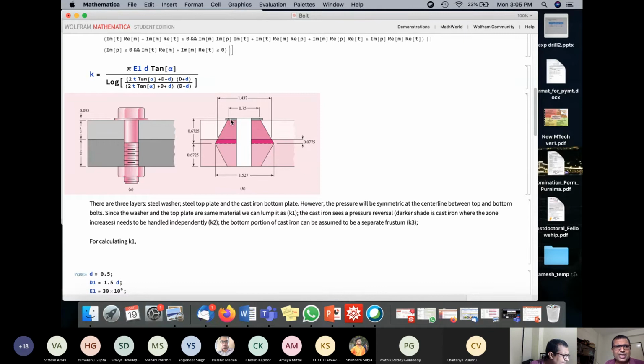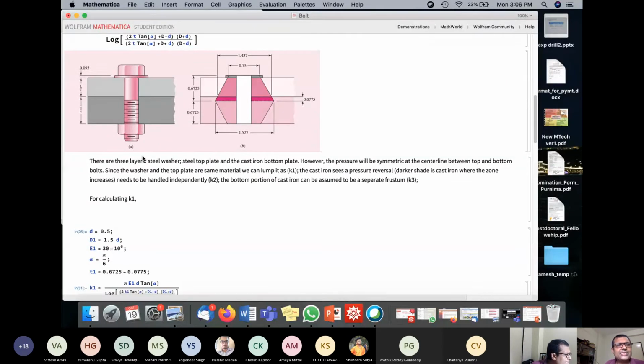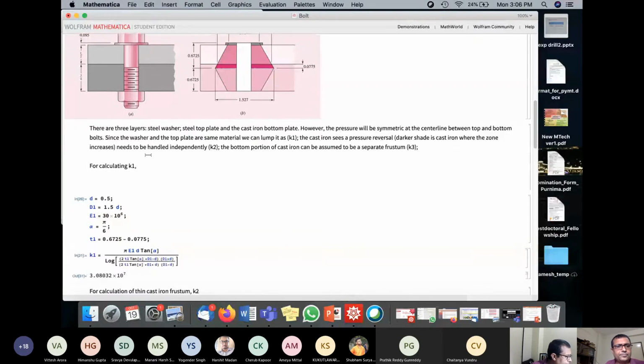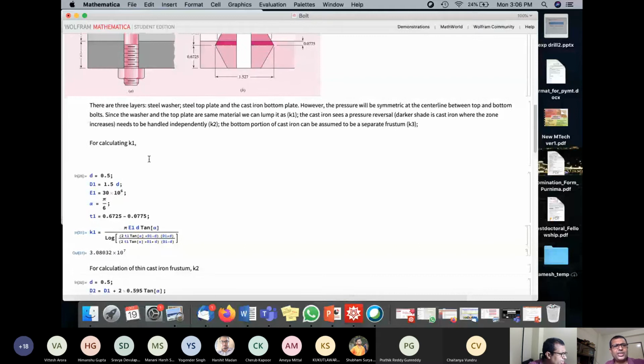So if you want to imagine my top layer, the washer, if you see, is 0.095 inch thickness. Now I have a half-inch steel plate and a 3/4 inch cast iron. So the total thing which is compressed is 0.095 plus 0.5 plus 0.75, right? So if I want to find out what is the total thing under compression, this turns out to be